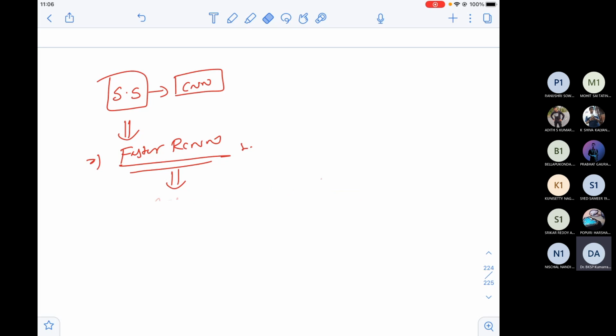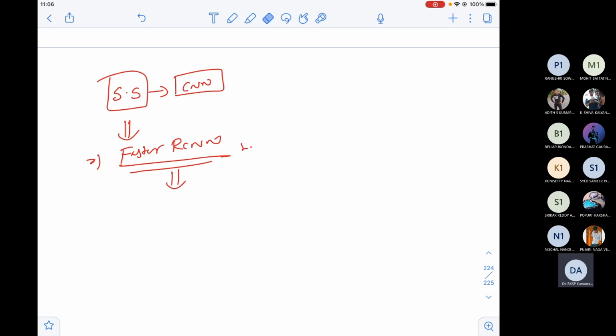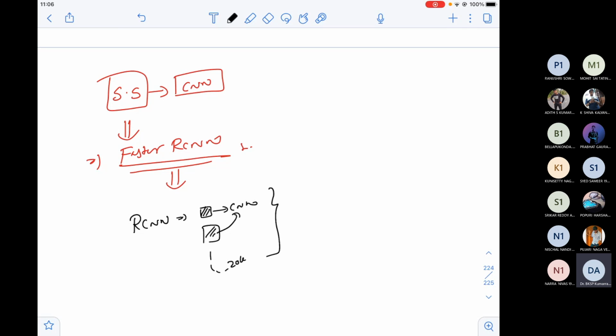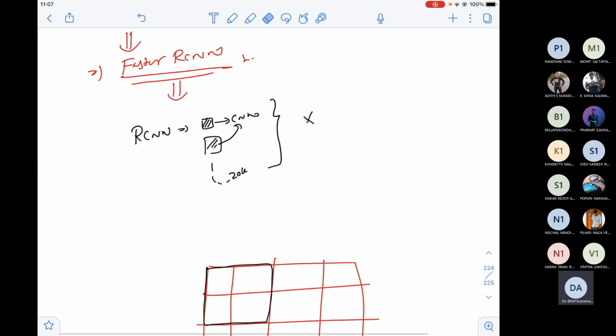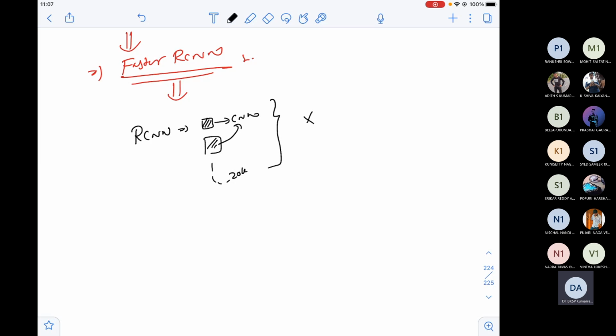So in the last class, we were discussing Faster RCNN. In one line, what is the drawback of RCNN? We send each box to the CNN, then another box to the CNN. The CNN has to run around 20,000 times. That's a problem. We overcame this problem in Fast RCNN by sending the entire image instead of the image in each box,